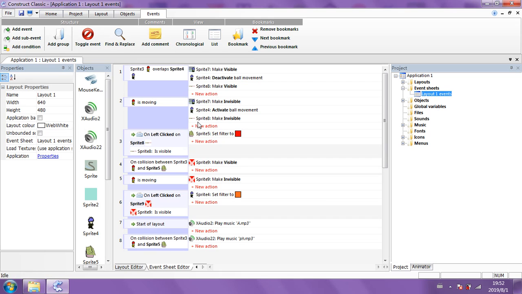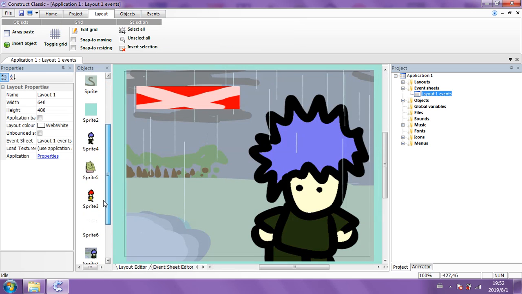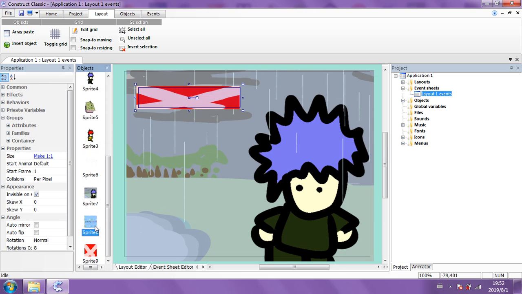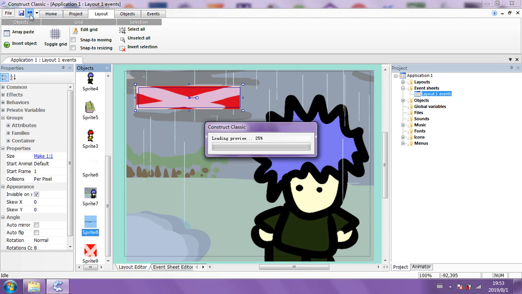One thing I thought was strange was the fact that this was set to visible, but in the actual thing, it wasn't. Sorry, it was. They were both set to invisible at startup. My mistake. Okay, good. That's okay. Let's just try it then. Okay, good. Wait for it to load up.